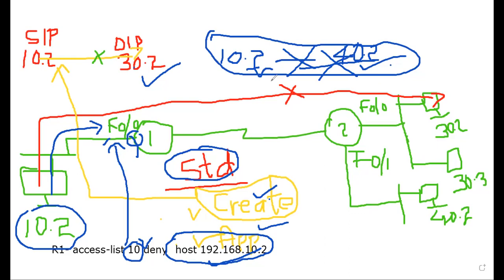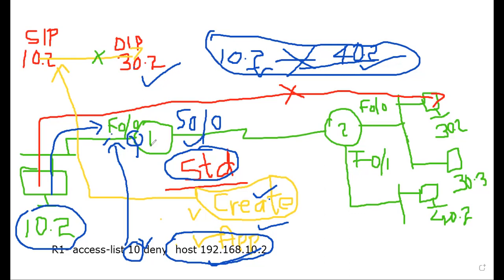Okay. What if I apply it on F0/0? Sorry, this is my WAN interface. Let's say this is my S0/0. What if I apply my standard access list under S0/0 instead of F0/0?